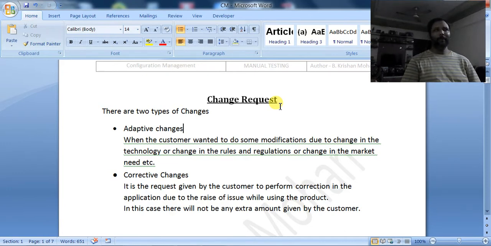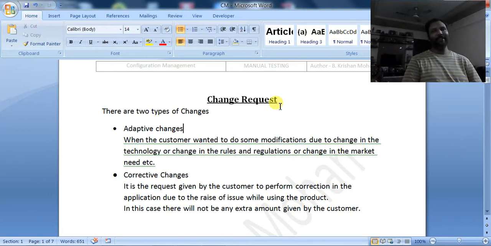So he will give a request, that is the change request. Sometimes he will give feedback, or intimate the development company through a mail. But whatever it is, it is a change request which the customer is giving, and this change request is to fix the bug.